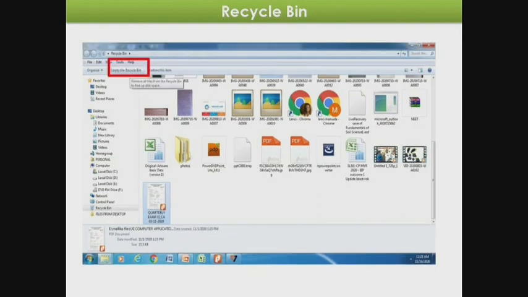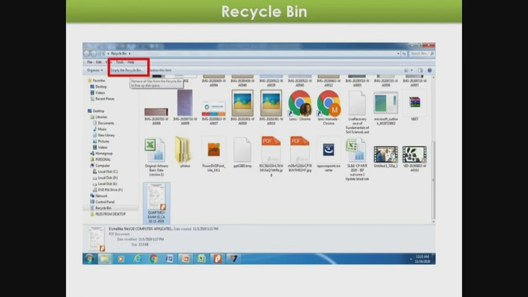If you want to empty the recycle bin, otherwise if you want to delete a file permanently from the computer, then select a single file or the files you want to delete permanently. After selecting that, click the empty the recycle bin option. It is available in the toolbar, and it is also highlighted with the red color rectangle. When you click this, all the selected files will be deleted from the recycle bin. You cannot restore them again to the previous location or to the recycle bin because they were deleted permanently from the computer.